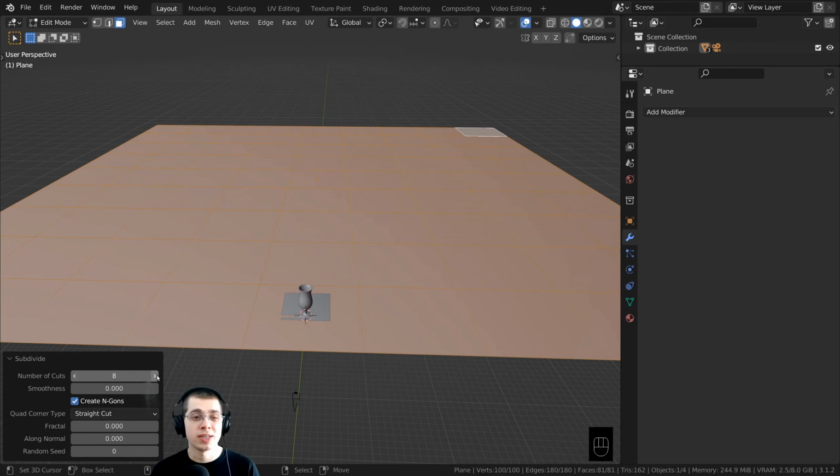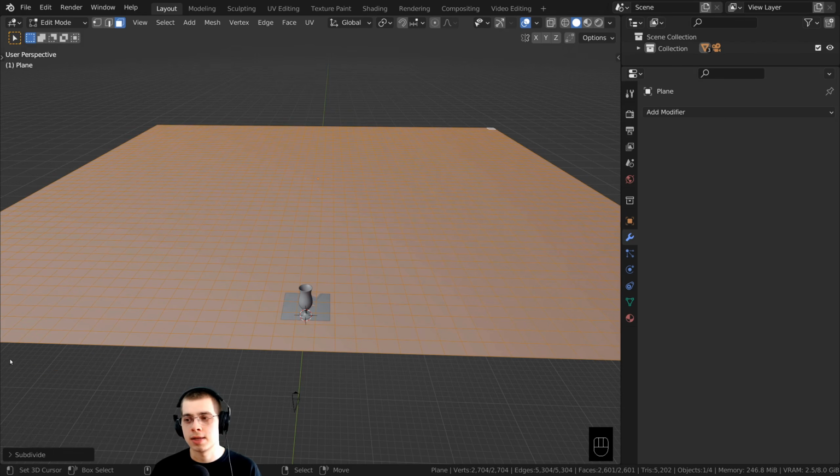So I do want it to be pretty subdivided. So I'm going to turn this up even more. So the max is 10, but I can actually just click on this to make another number, and I'm actually going to change this to like a 30, so you can just type in a number. So I'm going to type in 30 and then enter. Actually, I think I'll make that a little bit higher, more to like a 50. All right, so 50 cuts, and then I can just click on that little arrow there to hide the subdivide